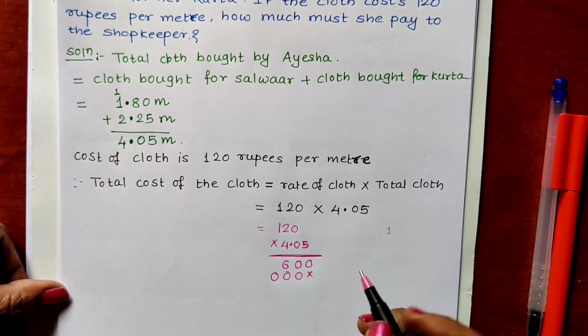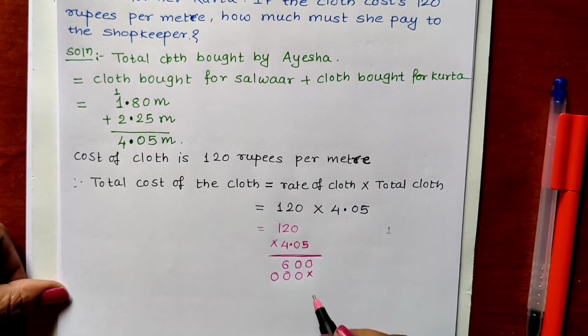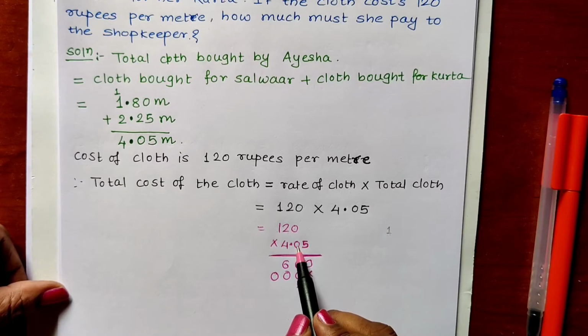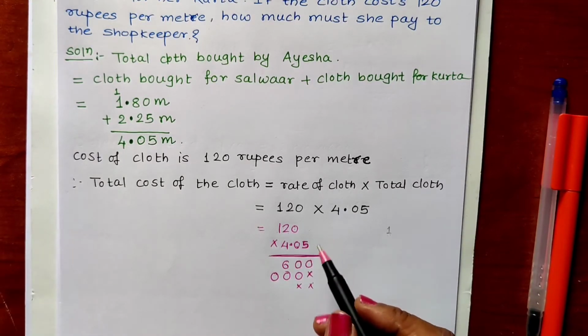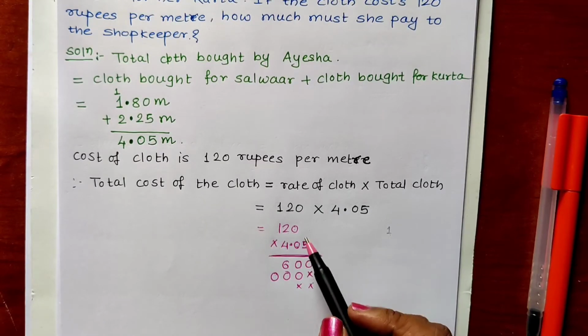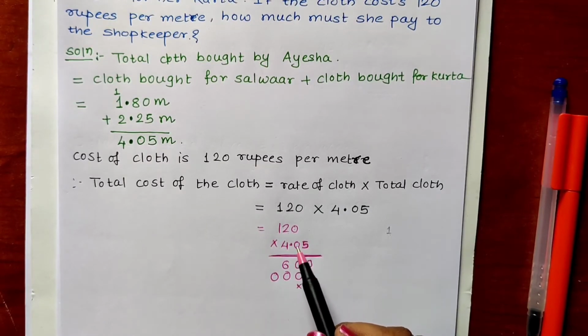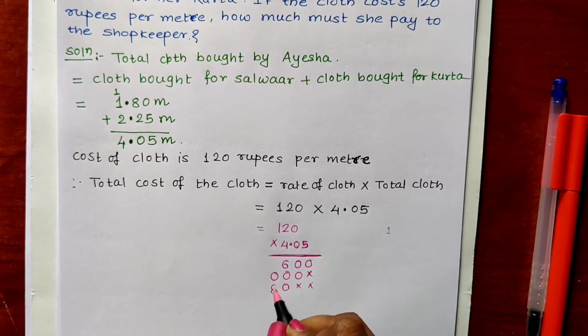Okay. Now we have to multiply by 4. We will be putting 2 cross because 4 comes after these two numbers, 2 digits. Okay, this is third digit. At hundreds place, if you want, you can say like that. But here decimal point is there, so we cannot say. It comes after 2 digits. That's why we have to put 2 crosses over here. Now 4 zeros are 0, 4 twos are 8, 4 ones are 4. We will add.